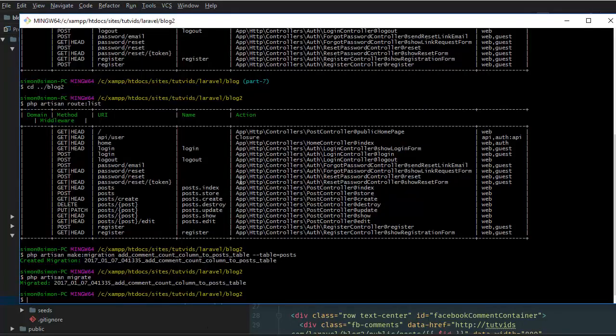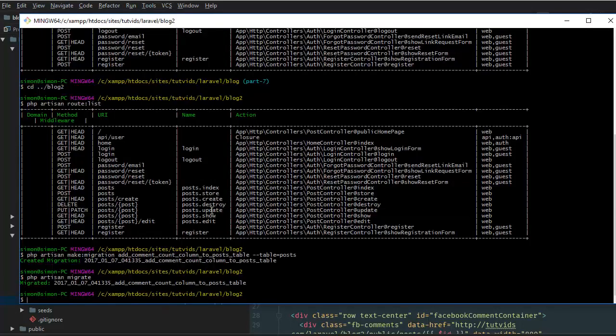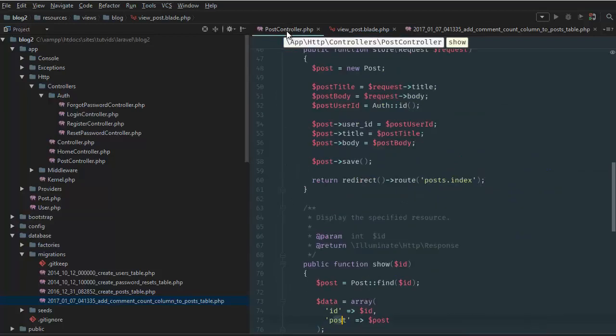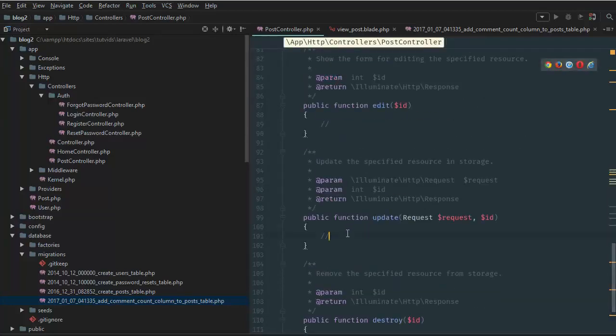Let's see if I do php artisan post update, right? That's right. So post update, I think that's right. Post update ID is equal to ID, method post, CSRF field, type input, type hidden, method value put. Oh, right. We have to go to our post controller. Okay, so we have to go to our post controller, and then under update, so right here, we have to say